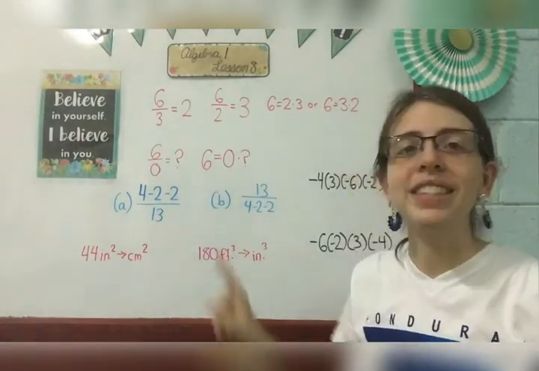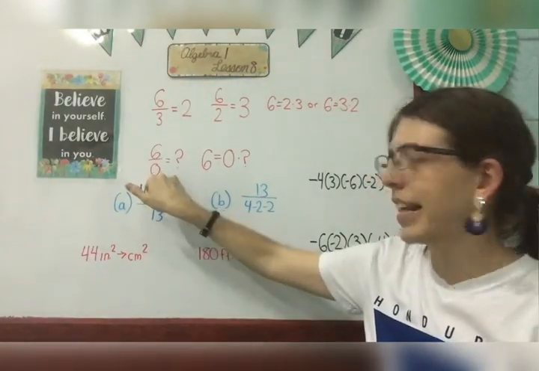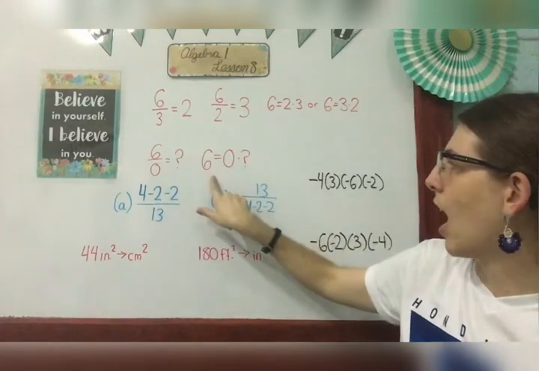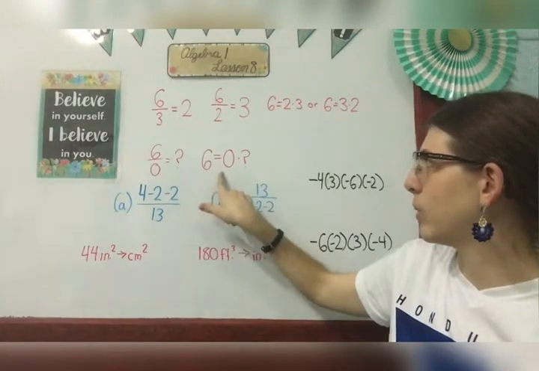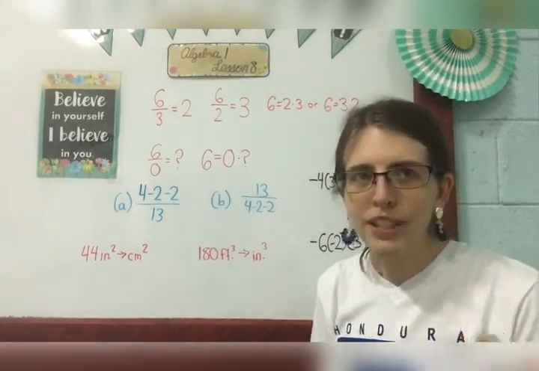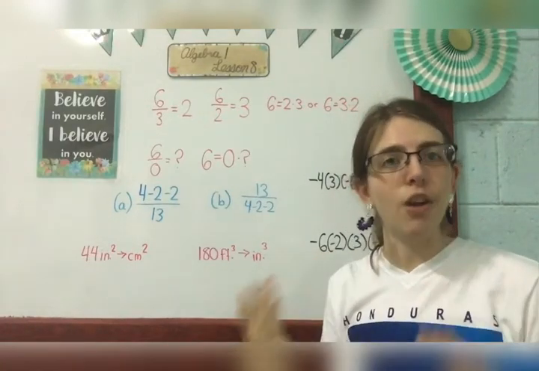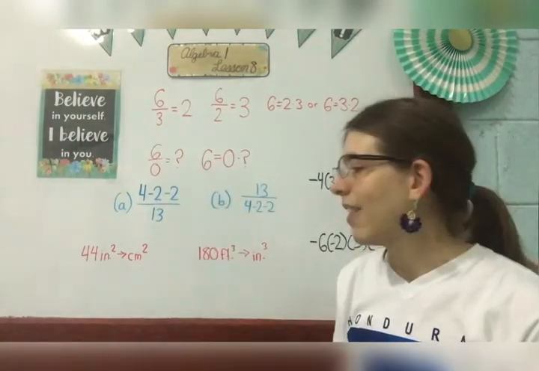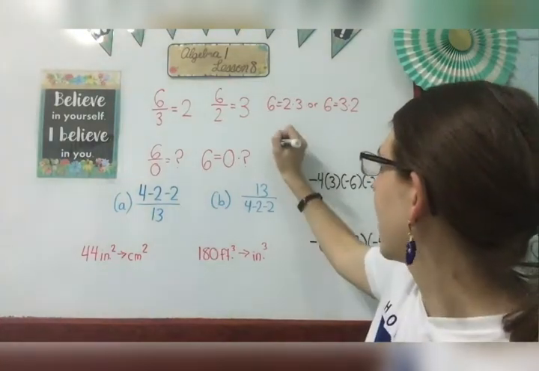Well, what if I have 0 on the bottom? 6 divided by 0, what does that equal? Well, knowing this pattern, that the number on top equals these two numbers multiplied, that means that 6 equals 0 times something. But every number that's multiplied by 0 equals 0. So there is no number that when I multiply it by 0 is going to give me 6. So that means that any time I divide by 0, my answer is